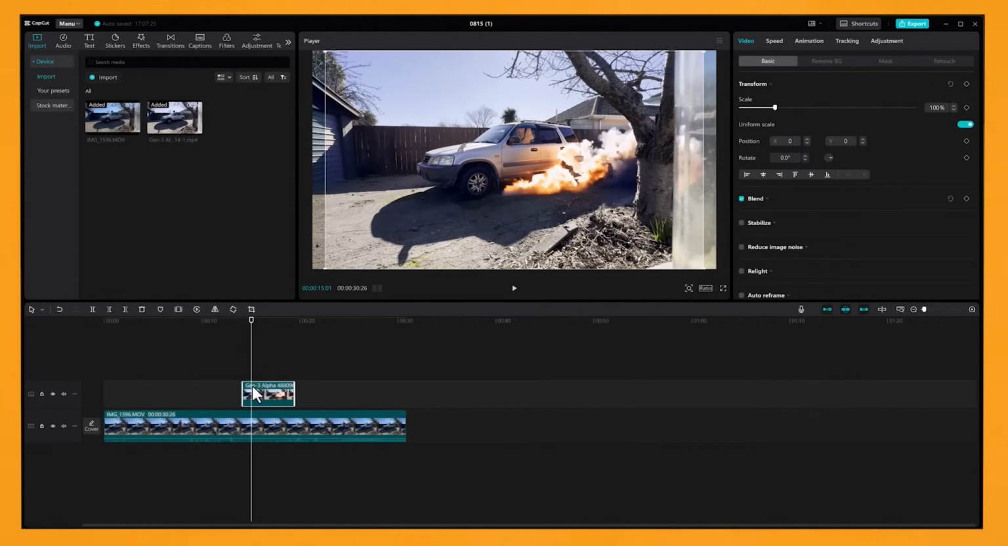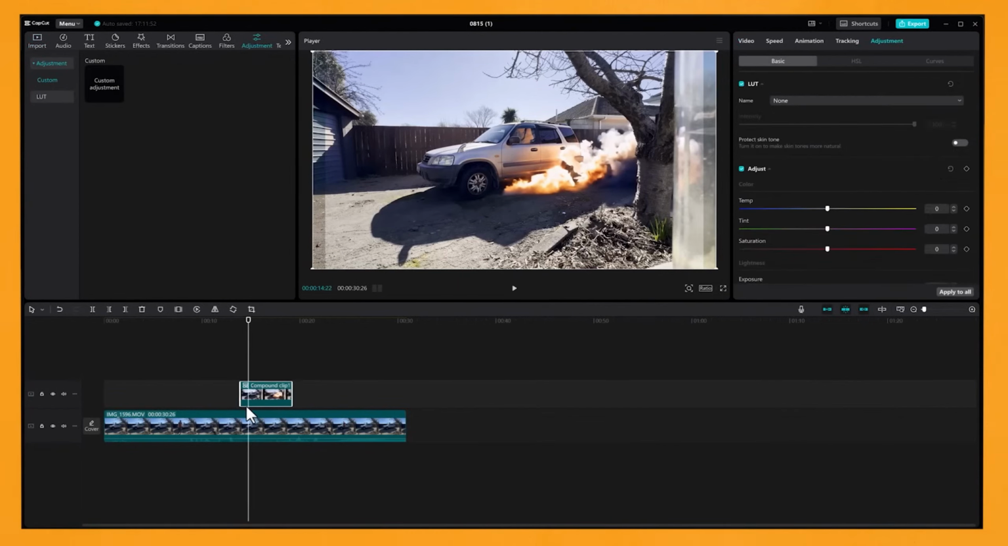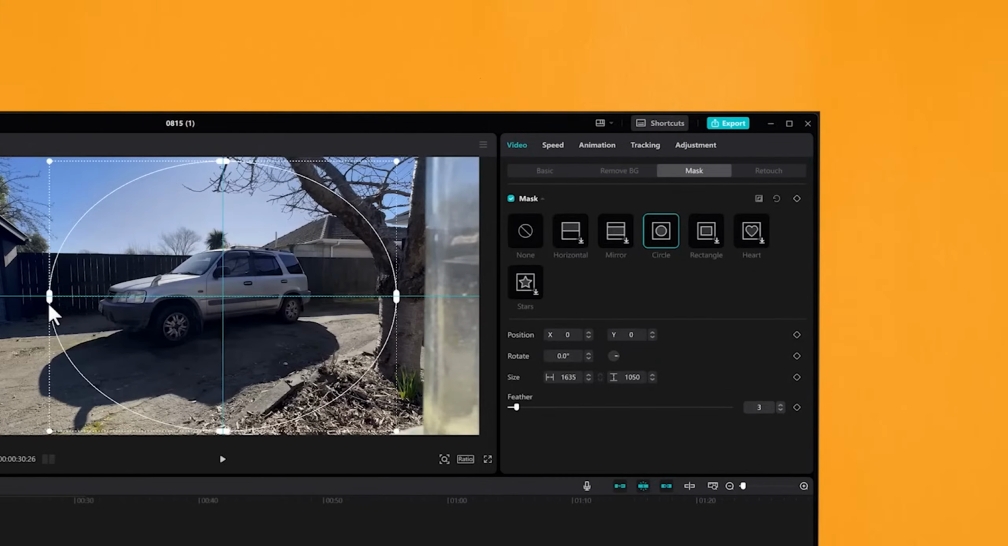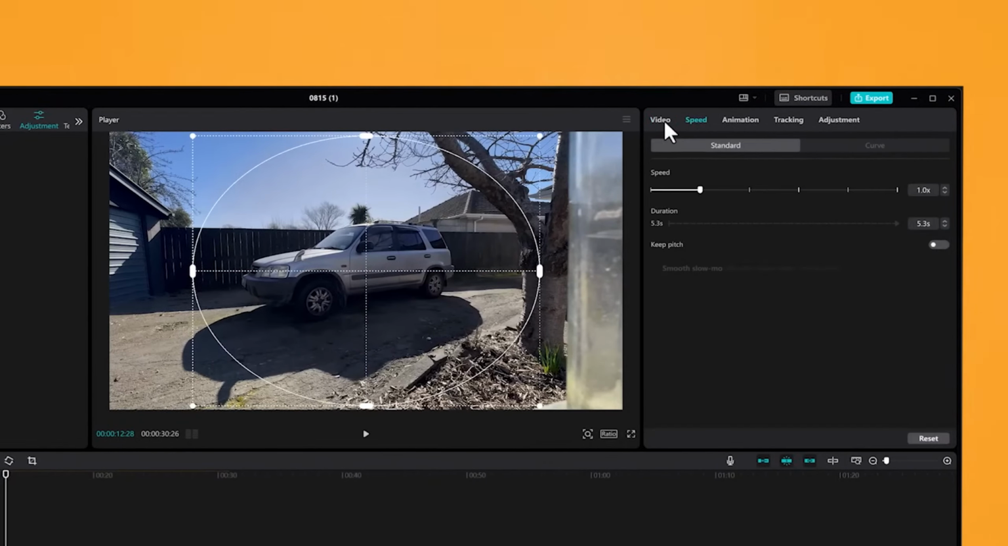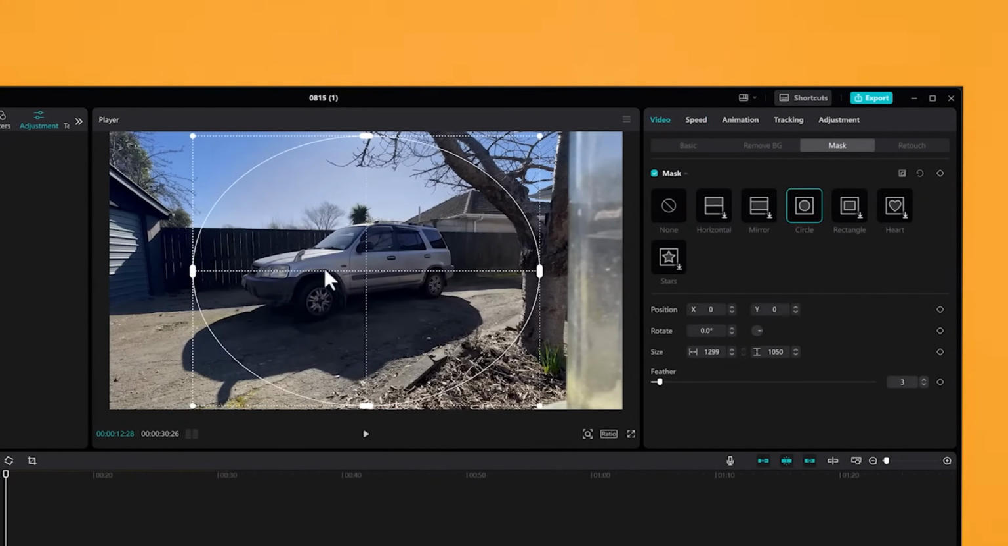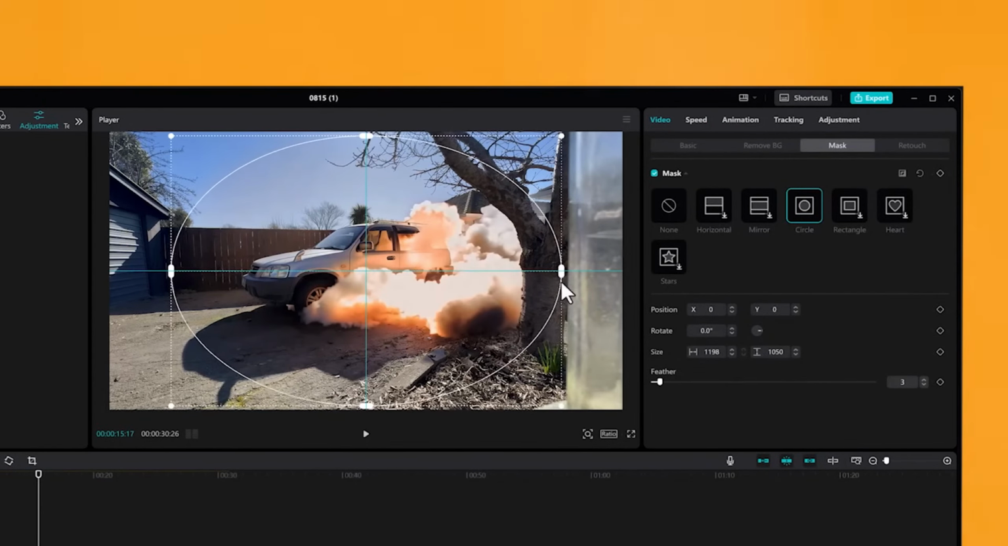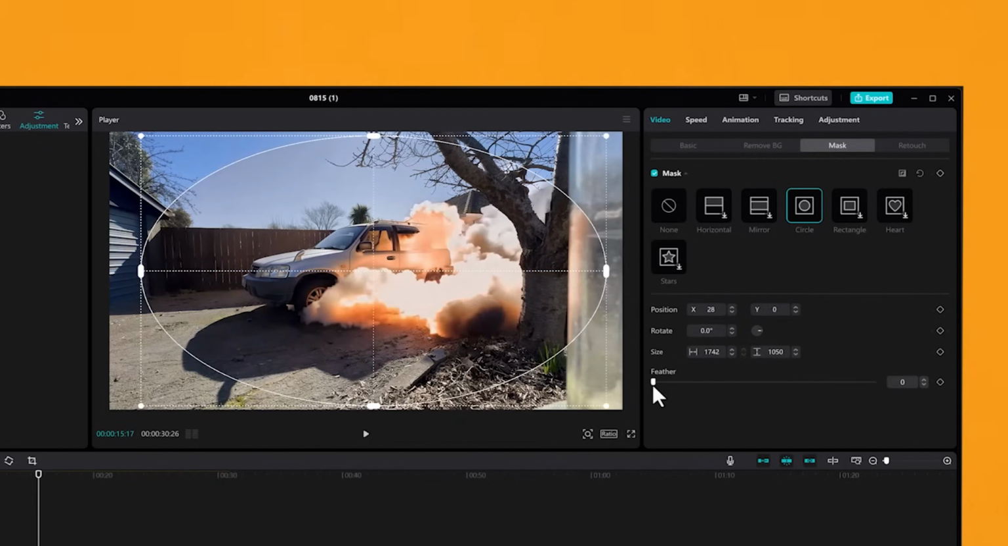So I'll just do a bit of color editing. Make sure to go to the adjustment tab on that video and adjust the color grading just so it matches up with the original footage. And you can also choose to put a mask on it. So I've gone for a circle mask here. So as you can see, it creates a mask around that specific video file. And you can choose to feather it as well if you want the edges to be a bit